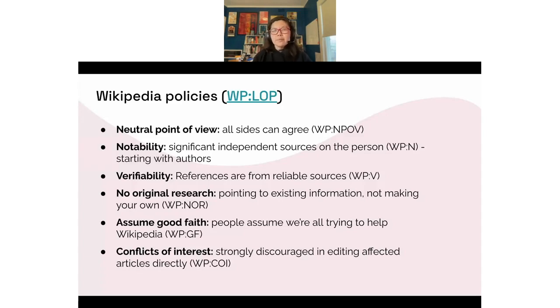So we might try to do something we intend as good but accidentally make an error, which is okay. The other thing is they want to make sure we're avoiding conflicts of interest, so editing affected articles directly is strongly discouraged. If I had a Wikipedia article and saw something incorrect, I wouldn't go in and change my own article. Or if I work for the company, or if I was best friends with somebody and saw that something needed to be changed, even if it was correct, the way you would go about that is reaching out to someone, saying, hey, this is incorrect, and citing a source. You wouldn't edit directly.